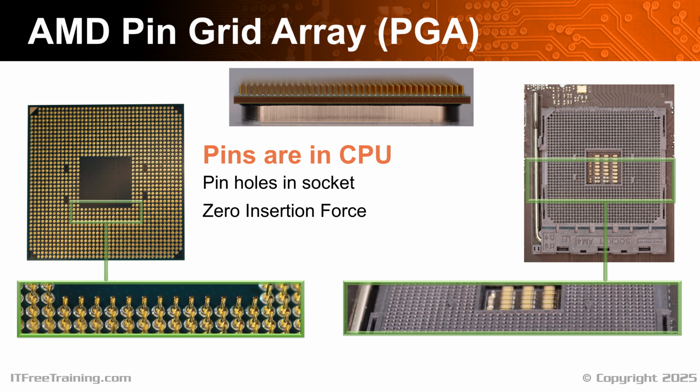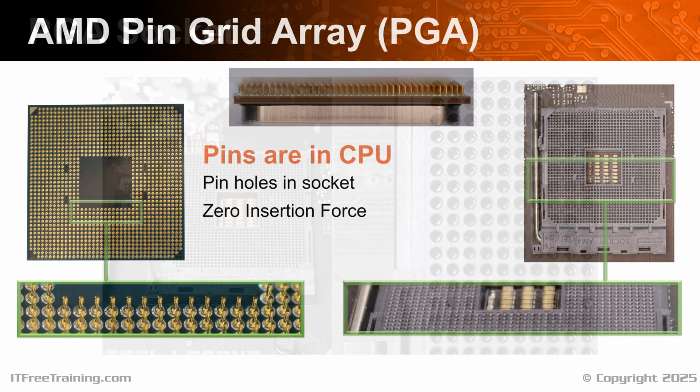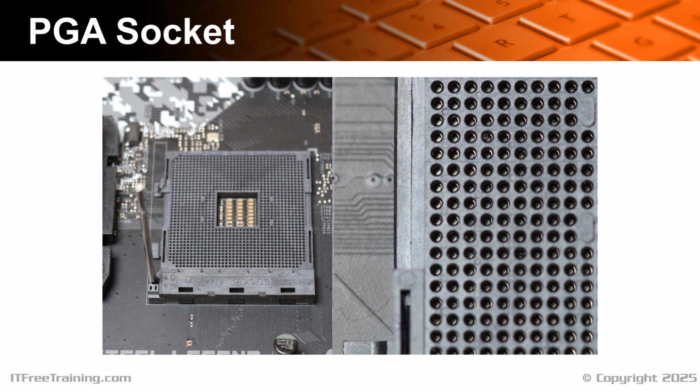Intel originally used PGA but have since switched to LGA. AMD has started using LGA for their high-end performance CPUs, including those targeted at the consumer market. If I were to take a guess about what's going to occur, I would say that AMD will start making the switch to LGA. Here's an example PGA socket.